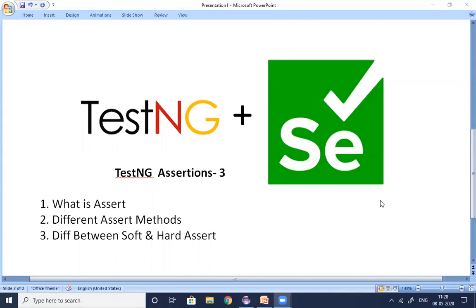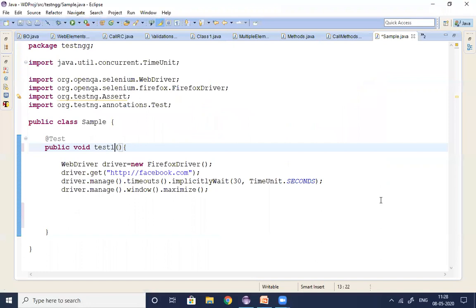But in TestNG, we can perform these validations with the help of the assert class. In this assert class, we have multiple methods. So we'll see one by one what methods we have and how to perform validations in TestNG with the help of assertions, guys. Let me start one by one.